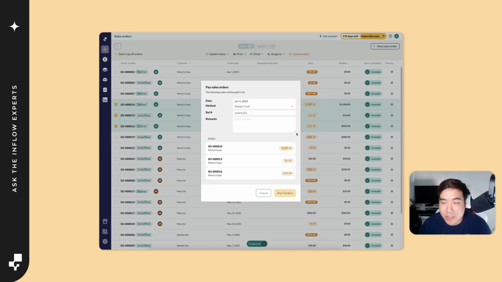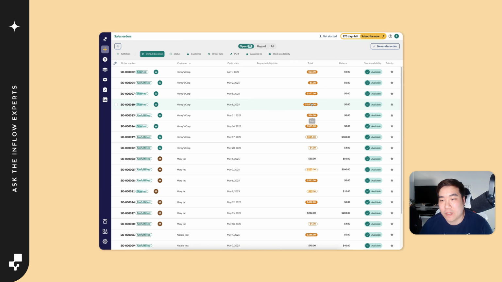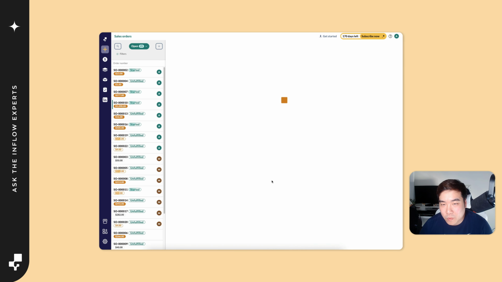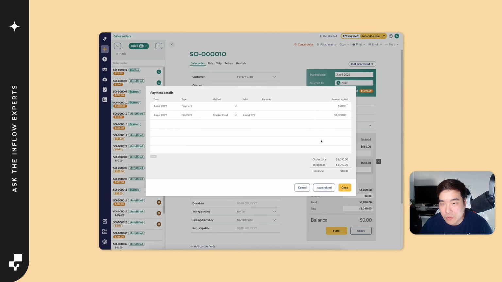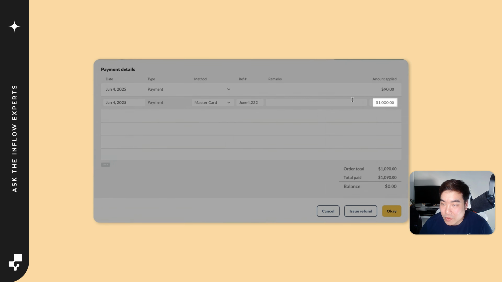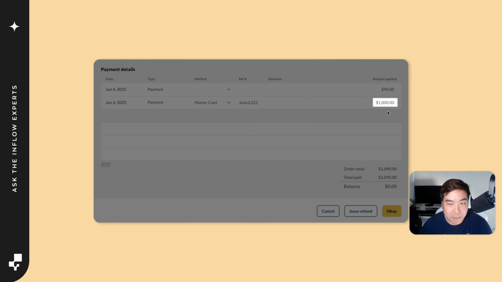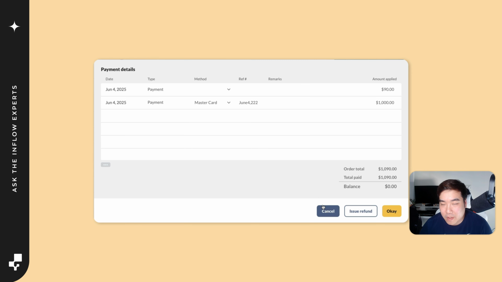What happens is it will still be paid in full, but if you click this order, which was the one that was partially paid before, you'll see that it smartly knows that it was only paying the remaining balance. And that's my reference number, and that was my payment method.